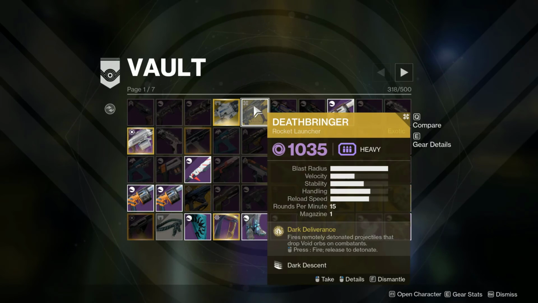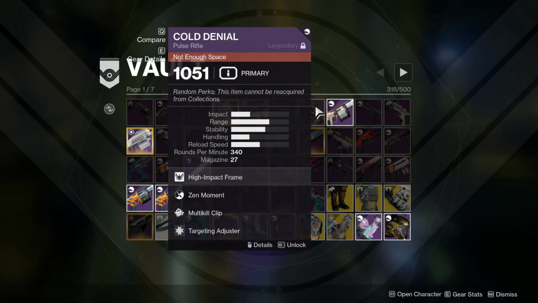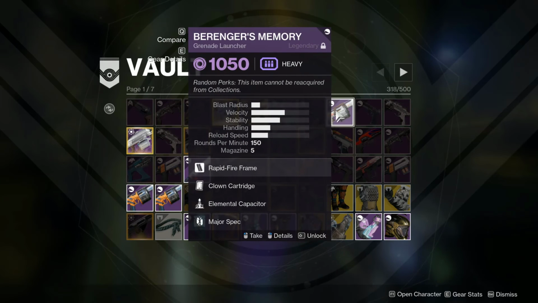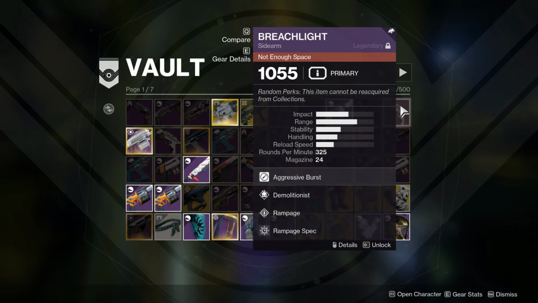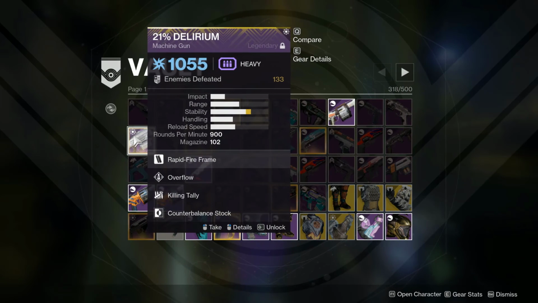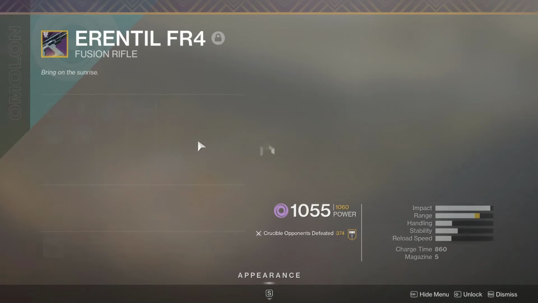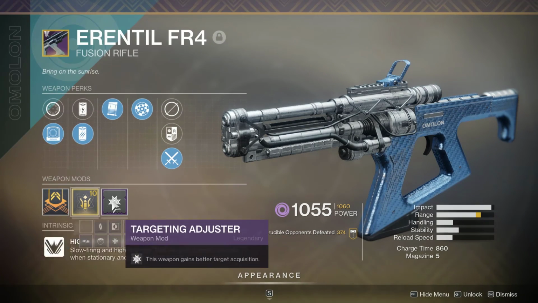Tractor Cannon, it's okay. Deathbringer can be decent depending on the situation. I have a Cold Denial here with Killing Wind and Headseeker. Another one with Zen Moment and Multi-Kill Clip. Another Berenger's Memory, Con Cartridge, Elemental Capacitor, Lonesome, Zen Moment, Kill Clip, Breachlight, Demolitionist, Rampage. Goodbye 21% Delirium. I have a god roll Arantel here with Under Pressure and Rangefinder, Particle Repeater, Flash, Range Masterwork,